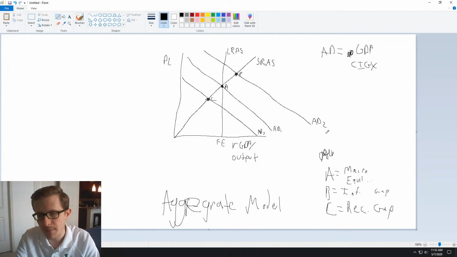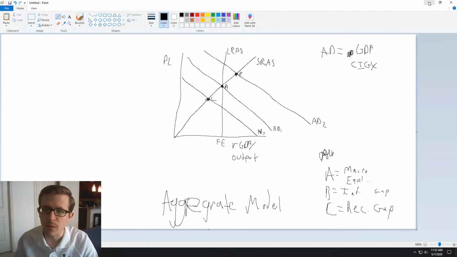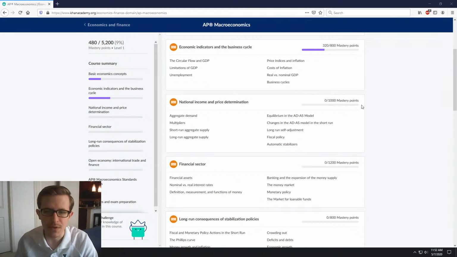Recessionary gap, meaning that unemployment's going to be higher, which we have very, very high unemployment claims right now. But the silver lining is that inflation, with people having less money to spend, will start going down. So that'd be the silver lining there, as we were talking about. And then what the government or the Fed can do will be mainly what we talk about next time. But let's go ahead and practice through some of this here with some questions from Khan